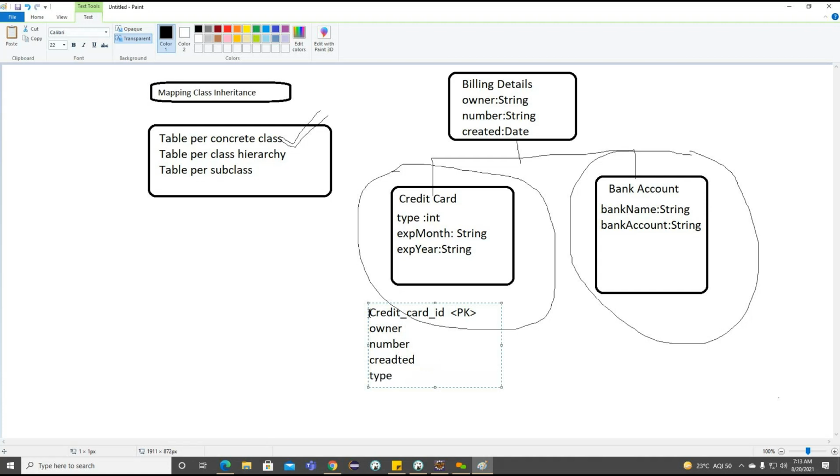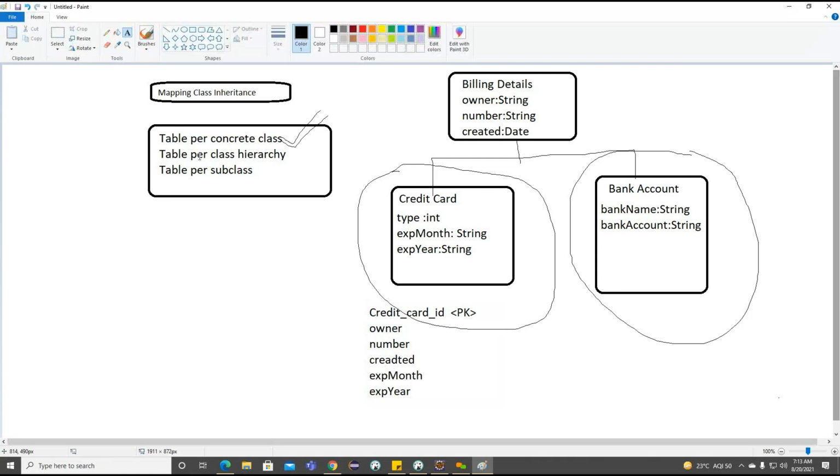And later we'll add the credit card information, type and, sorry, we don't need type here. Directly expire month and expire year. Now what you are understanding here, if you see carefully, these three are coming from the super class properties here, right? And sorry, we missed one more property here, but now you can see, these are the properties coming from the subclass here.